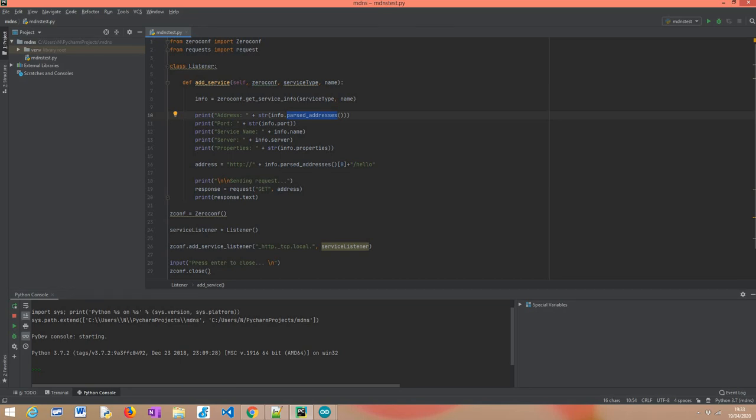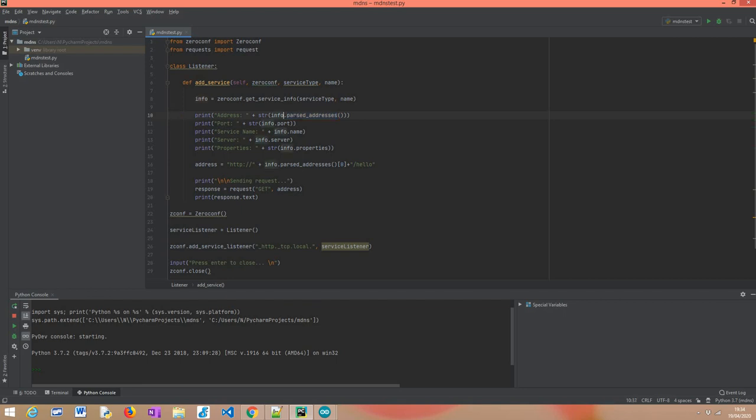The other way it will be, if I'm not mistaken, I don't know by heart, but I believe it is an array of bytes or something similar. But I've always been using this parsed_addresses method because it will return to us an array with addresses in case the service we want to get the information from is exposed in multiple interfaces. In the case of the ESP32, it is expected that this array just contains a single IP address.